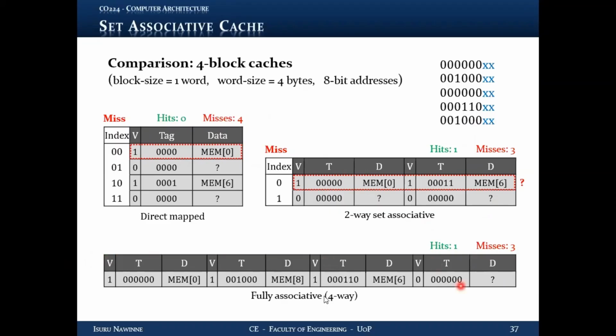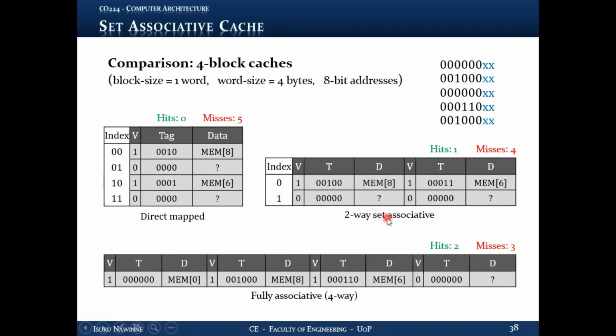And what about the fully associative cache? Block address 8, parallel tag comparison, and we actually have a match, right? We have a tag match and a valid entry also. So we have a hit here. Tag match, mem8 is here. Block address 8 data is here, it's valid, and we have a hit. So that's the second hit for the fully associative cache. Update the status. We had a hit here, nothing to be done. So 2 hits and 3 misses for fully associative,